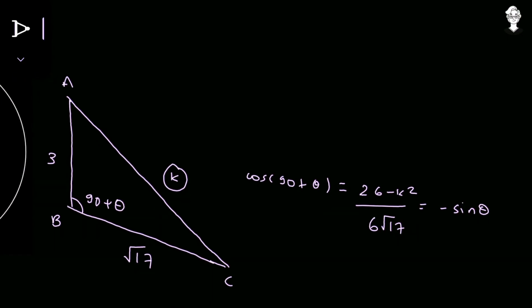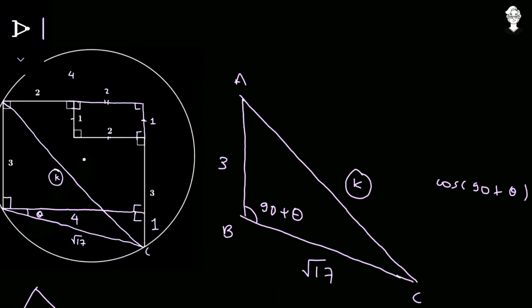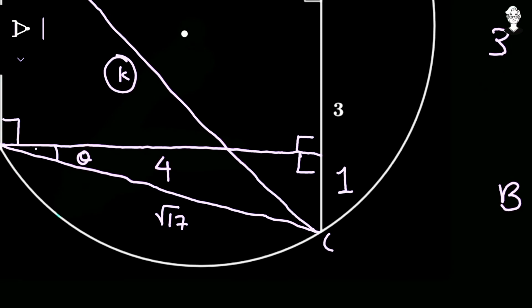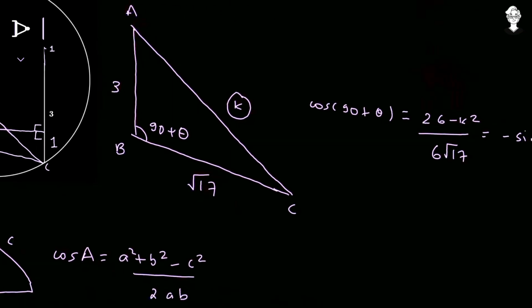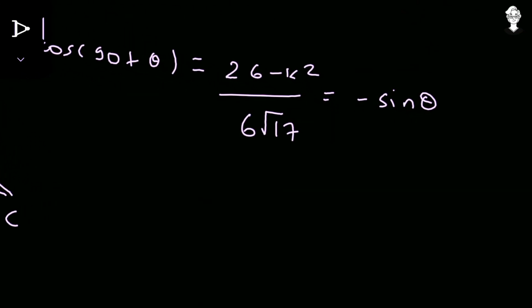Now sin theta has an actual value. Look in this particular right angle triangle. This right angle triangle encloses this angle theta, and all three sides are given. So we can easily find the value of sin theta, that is opposite upon the hypotenuse in a right angle triangle. Opposite to angle theta is 1, hypotenuse is square root of 17. So sin of theta is 1 upon square root of 17, and as this negative sign is there, negative 1 upon square root of 17,